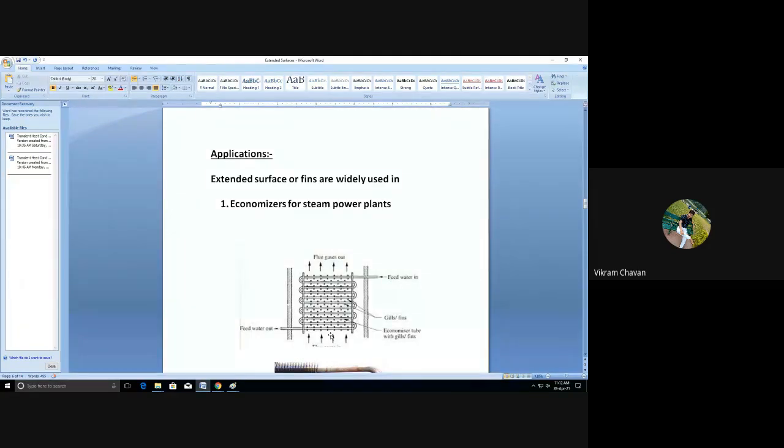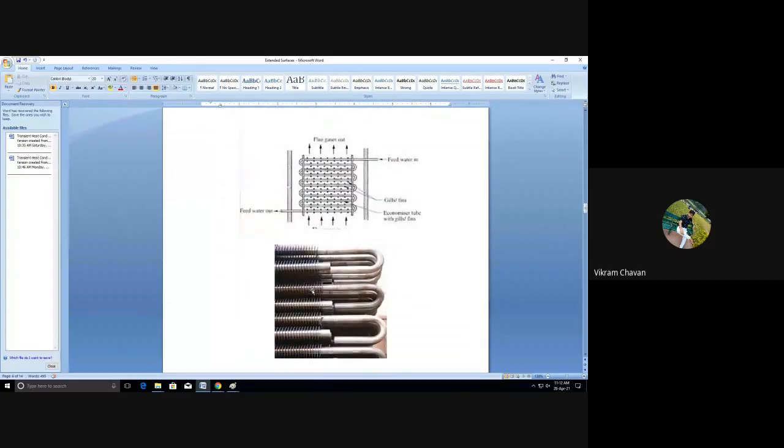Now here, if you increase the surface area for the heat transfer, more surface will be in contact with the hot gases and more heat will be transferred to the tube. So we can find the application in case of economizer. So how can we apply the fins? Here you can see these are the tubes, and the circular sections you can see over those tubes